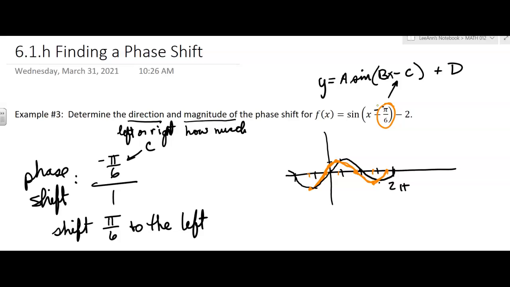But actually, this has a shift down, right? So you'd have to go down -2. 1, 2. So all those points would have to go down here to get the actual curve. That one would have to go down, and then the one there would have to go down. I think that's a little too low. I think that's supposed to be a little bit higher there. And then that one would go down. So it'd be like, kind of like